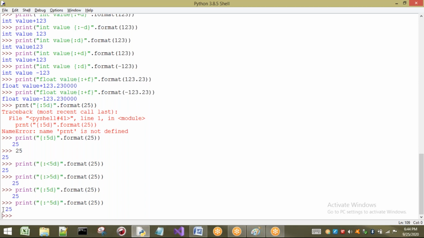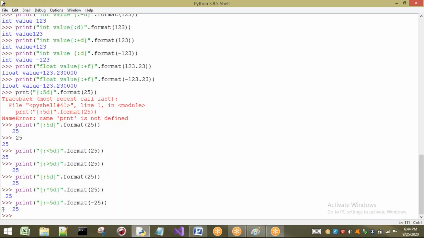Now the last one I want to show you is equal to. We have to take a sign so that you can understand the use of this equal to. I will take a minus value and demonstrate this. Observe what happens: it will take the sign on the left side and consider the rest on the right side.